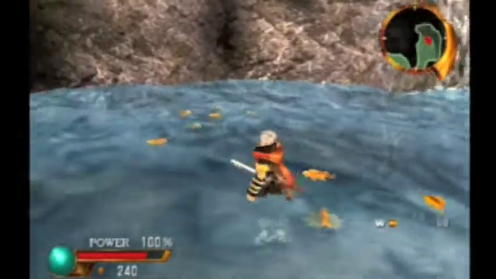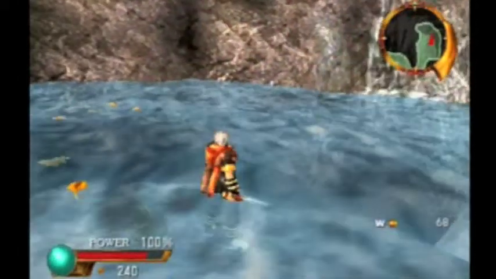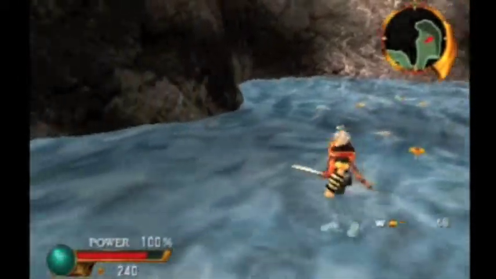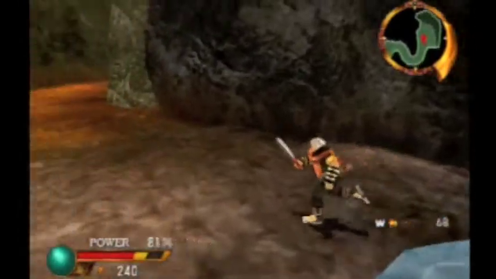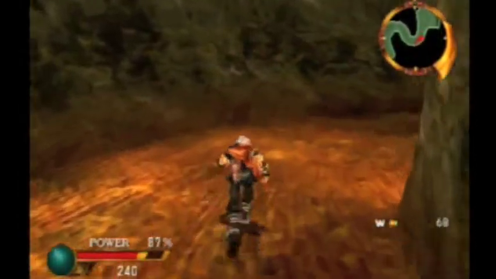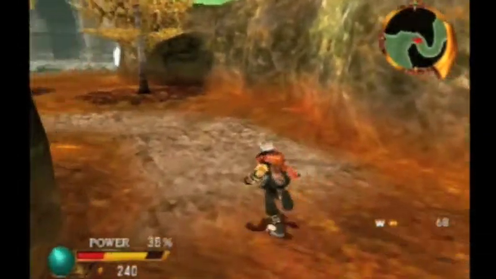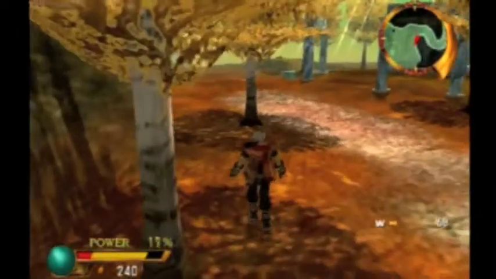Now when you come over, you'll see leaves in the water and stuff. You can walk in the shallow end. But like I said, if you take one step into that deep water, I believe you will die. And yes, the game will let you do that. Just like another thing that the game will allow you to do. So if you come over here,